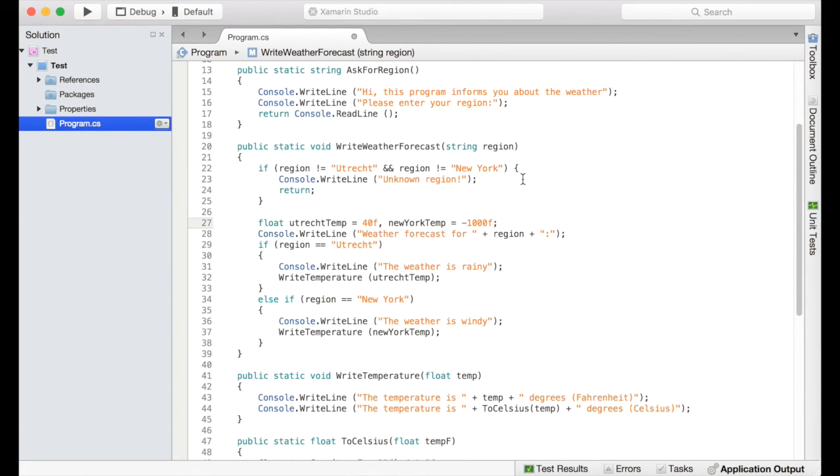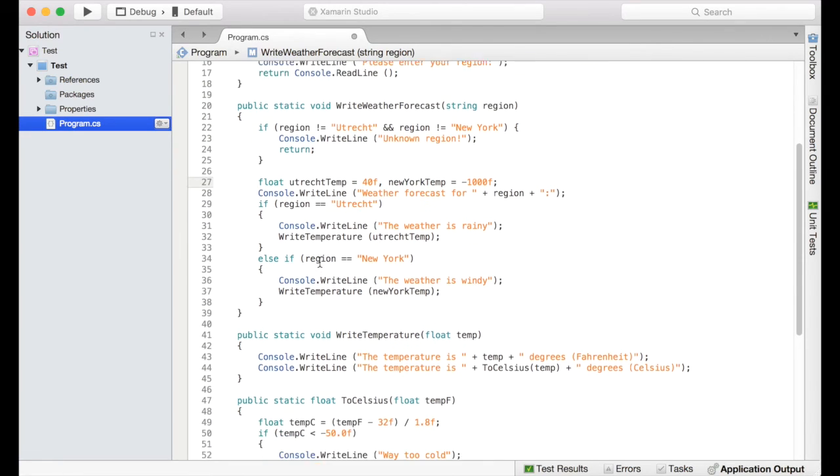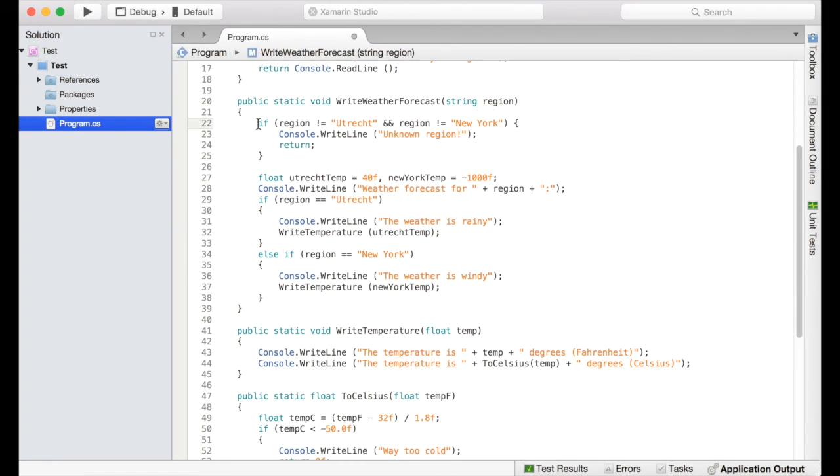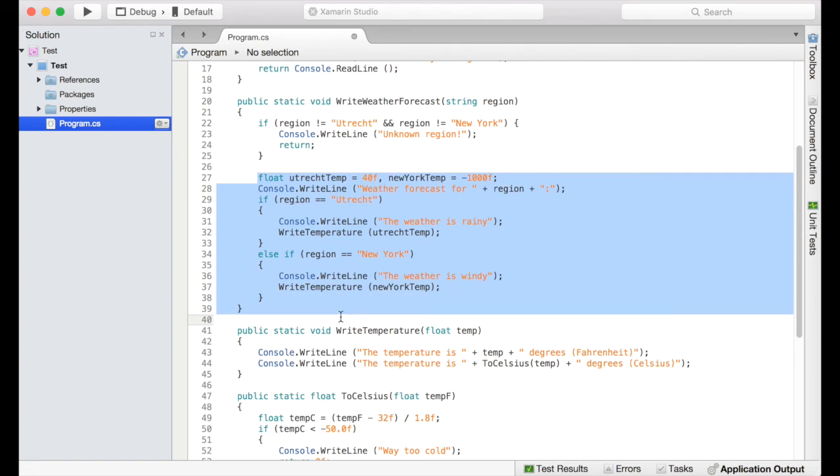If not, it simply writes something to the screen and it returns. And that makes a separation between the special cases and the regular case. And sometimes it can be helpful that when you create your own method, in the beginning you handle first these special cases and you use return to finish the method,